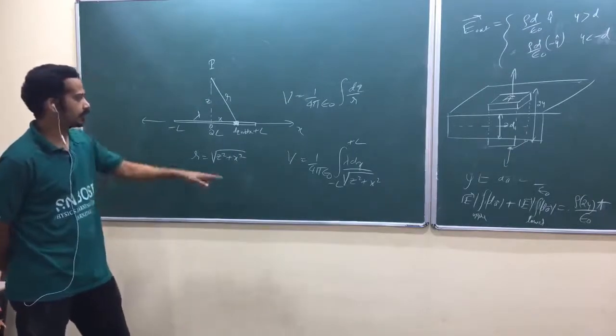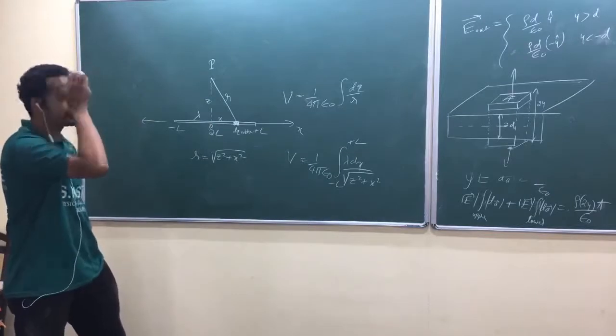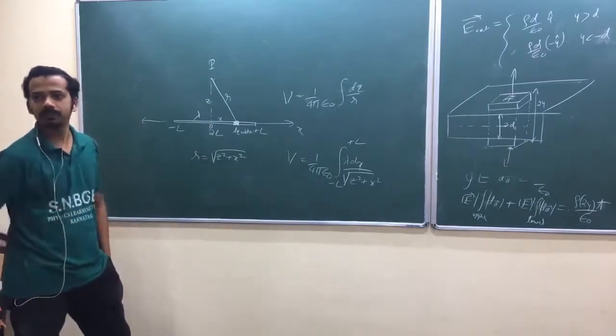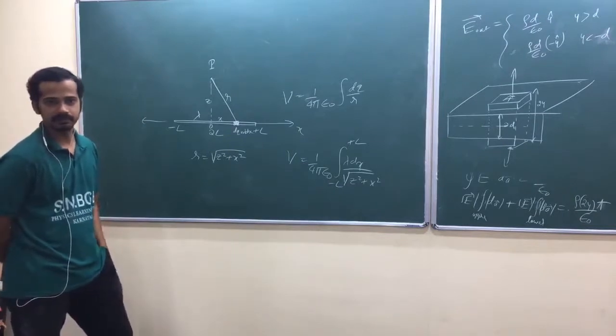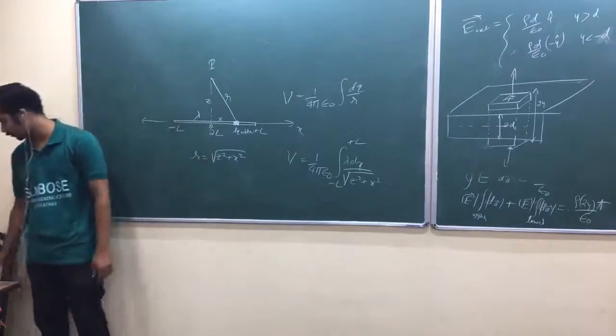So try to show that gradient of this one is our earlier electric field. Obviously, your result will depend on z, am I right? So then if you take gradient, only z cap component will exist. That's why electric field was along z cap, am I right? At that point. Just see that one.